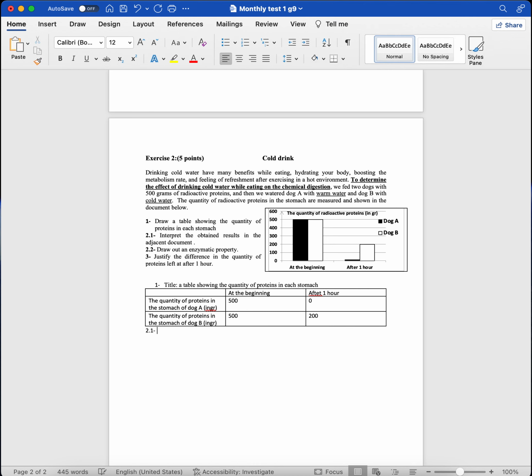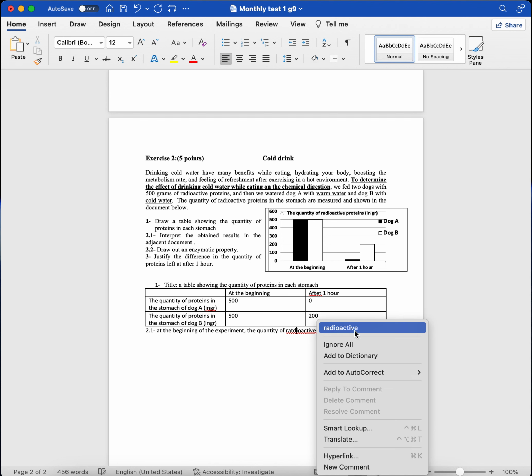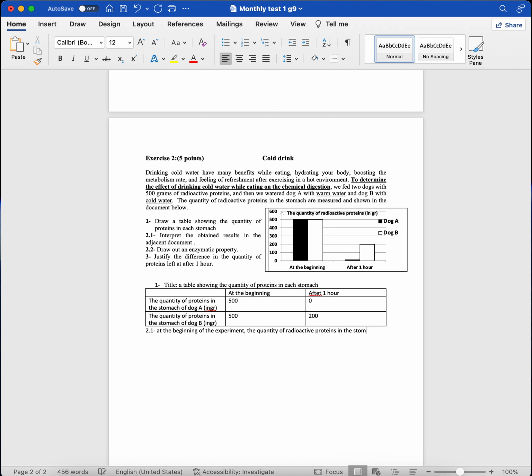Question 2.1: interpret the obtained results. At the beginning of the experiment, or at time 0 as you want, a quantity of radioactive proteins in the stomach of the two dogs A and B is 500 grams. After 1 hour, this quantity